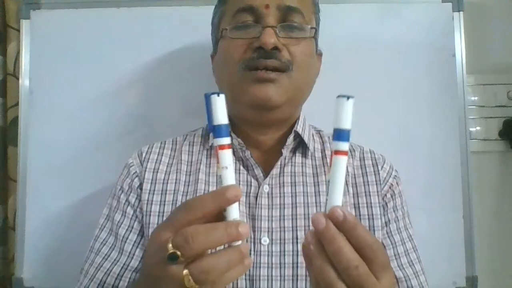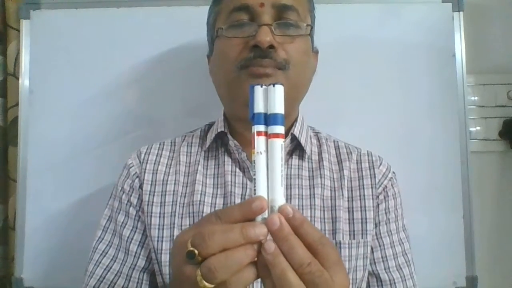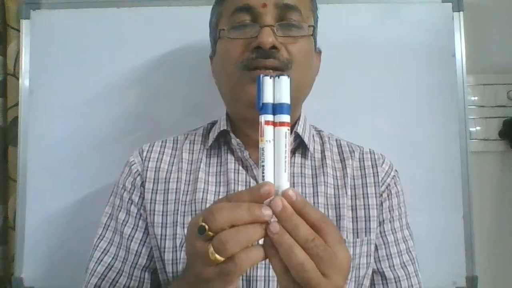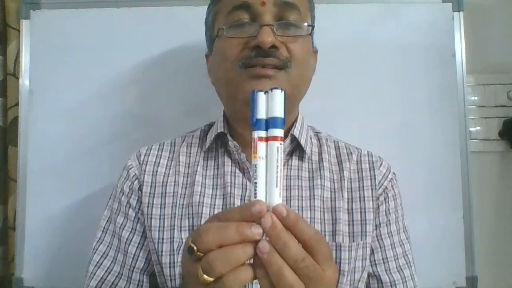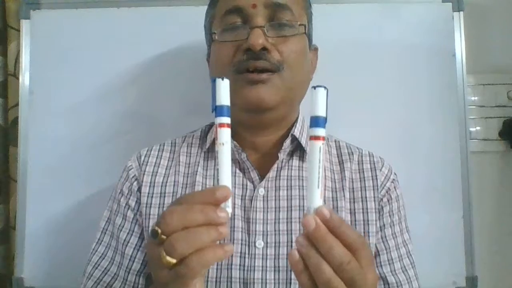So in this chapter we are going to start with what is meant by congruency. What is congruent or congruency? Congruent means if any two objects are of the same shape and size, they are known as congruent shapes or congruent objects. For example, see these two markers are of the same size and same model, isn't it? So shape is same and the size is same. We call them congruent objects.